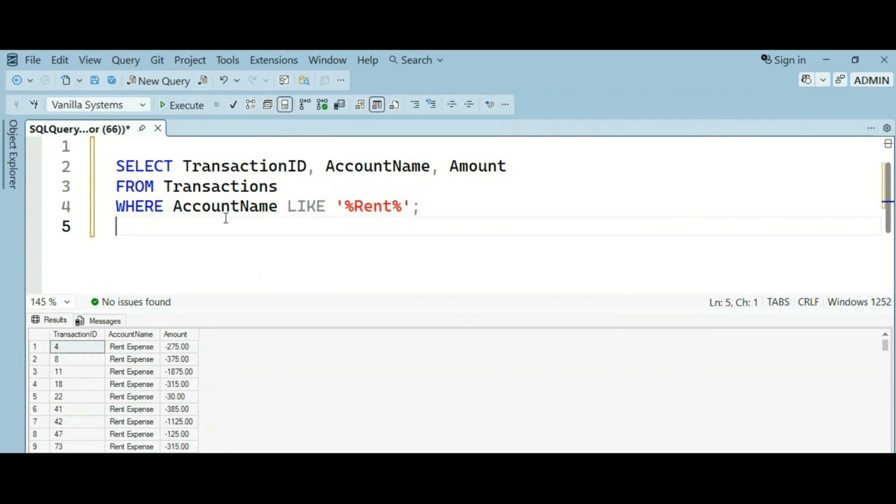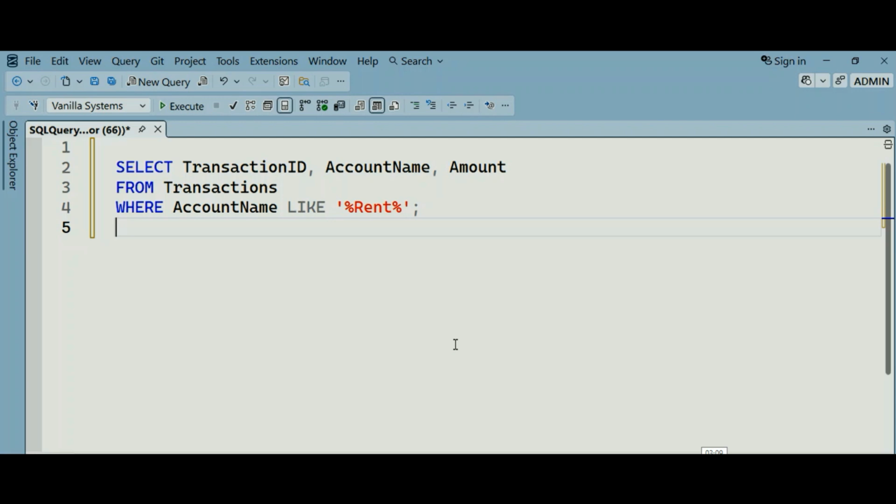This helps when you want to analyze specific recurring expenses or accounts without knowing the exact names. In Excel, it's like using a filter with contains rent or a search formula. SQL pattern matching is more flexible and powerful for large data sets. If you want to consider a single character, you can use underscore. If you want to consider multiple characters on both sides, you should use the percentage sign, as used here in this